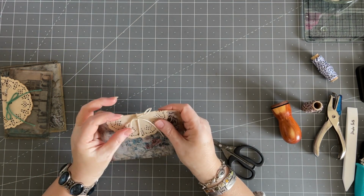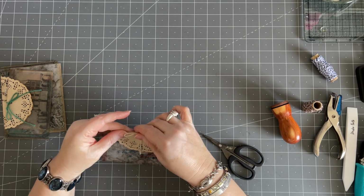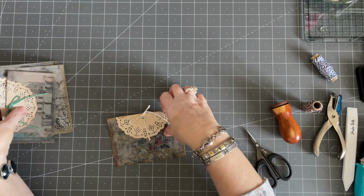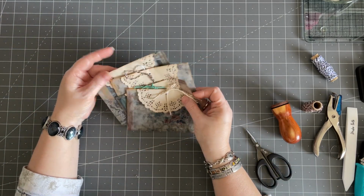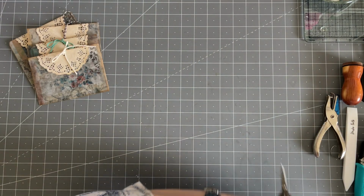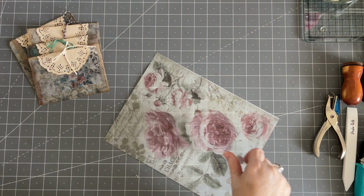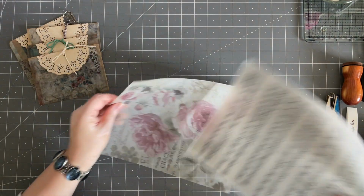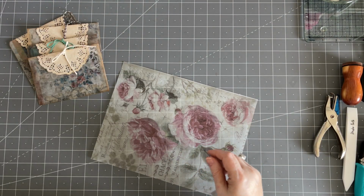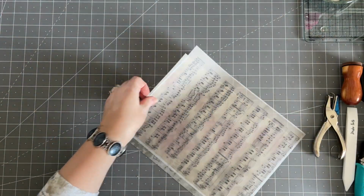So there we are. We have our little, you just by the top. Isn't that cute? So aren't those fun? I just love those. I'm going to drop those in my box on the floor. And I am going to try a couple more real quick. I want to show you what they look like in other